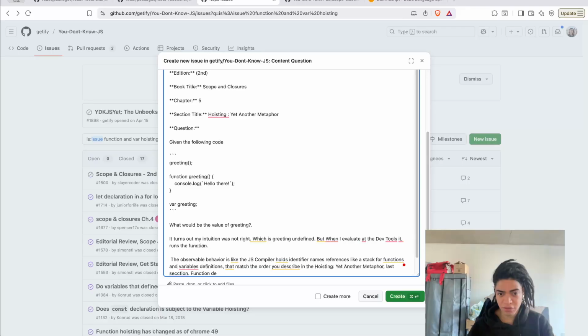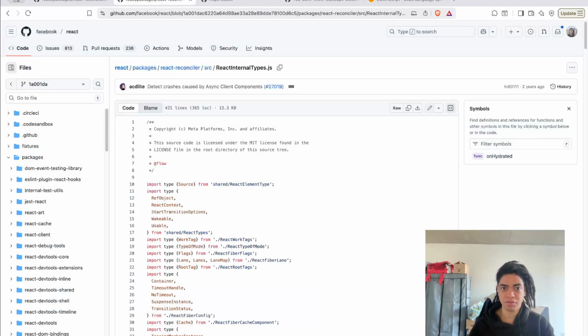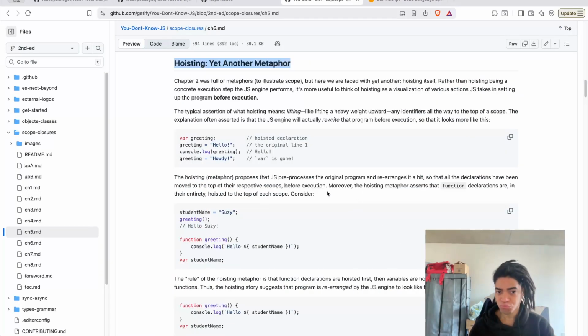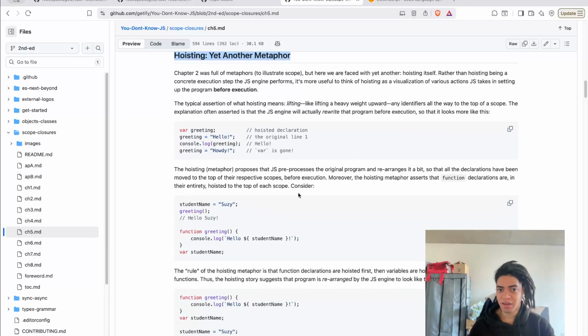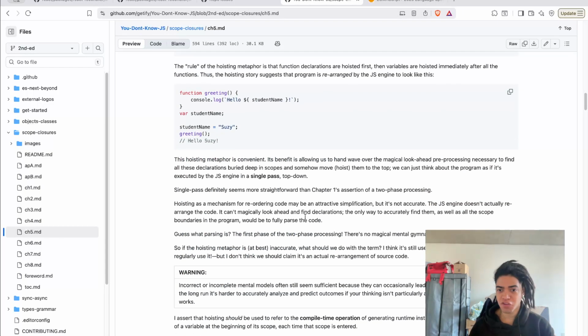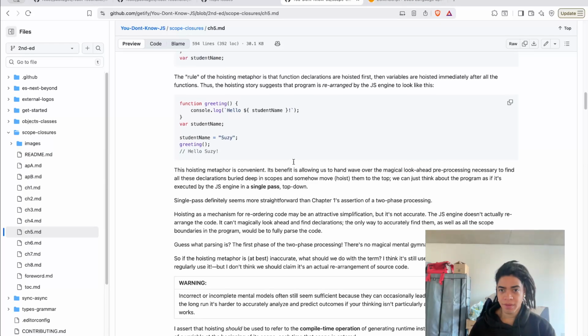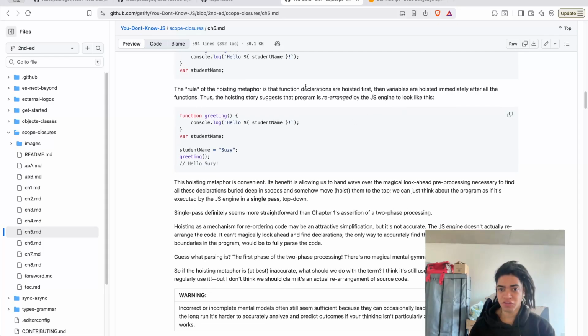Function definitions first. Exactly, function definitions are hoisted, or evaluated, first. Which is this: function declarations are hoisted first and then variables are hoisted immediately after.